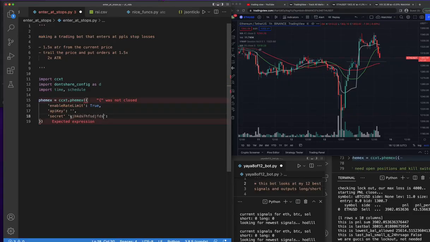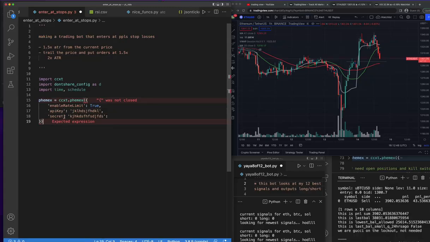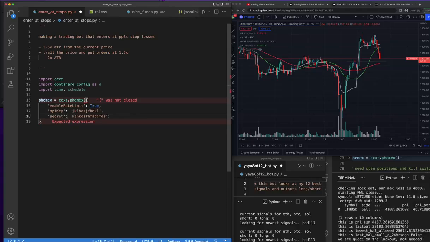So this could be your secret, and that could be your key. Now you get your API keys from the exchange, so make sure I get that in there. If you want to take a screenshot of this or something, that's how it's going to look for you if you're putting your keys directly in there. I'm not going to do that obviously because I'm on video right now, but I imported don't share config as